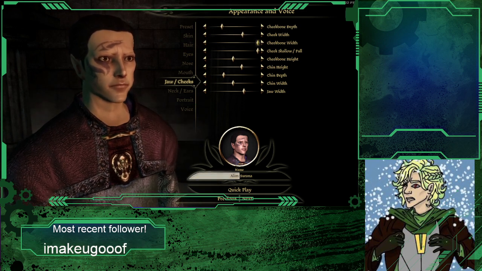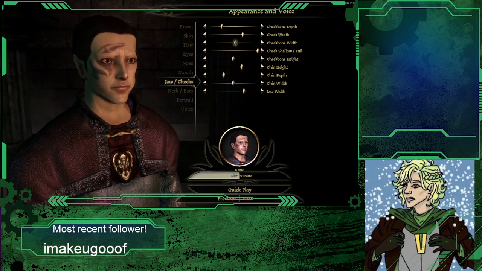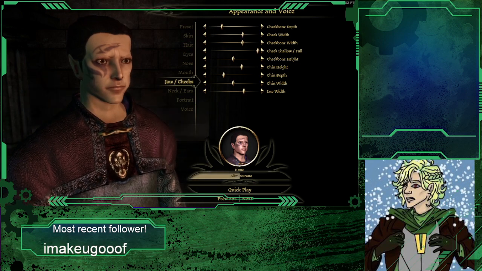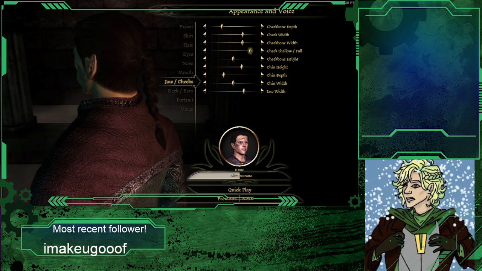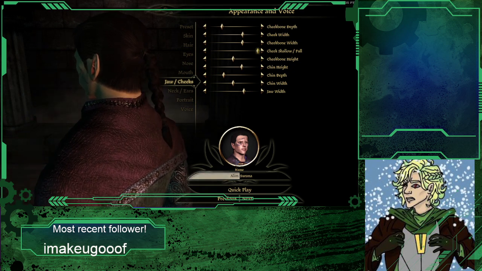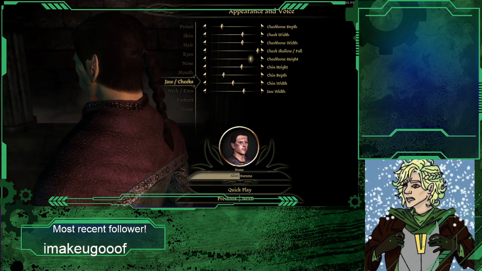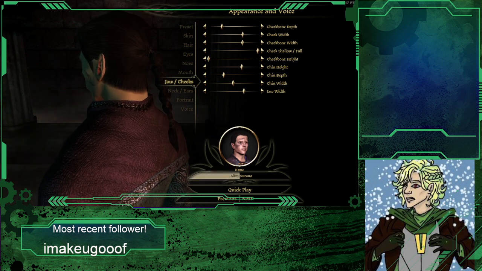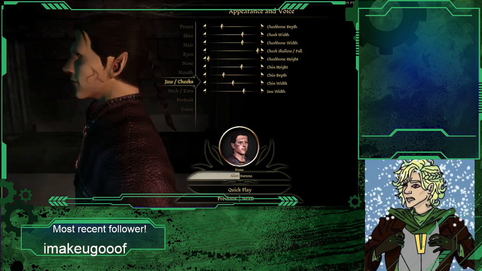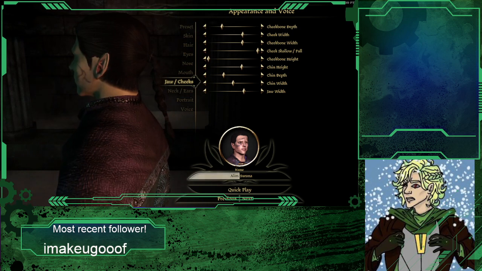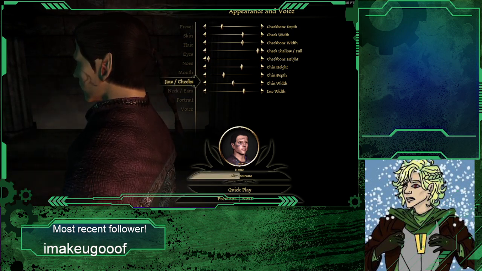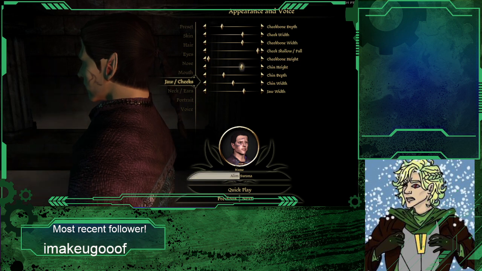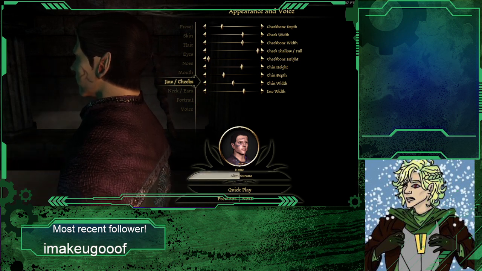Cheekbone width. Can I do something? Ooh. Cheekbone height. Gosh, now that I don't have that one piece in the middle part, it's not going to look right. And this is all my chin, of course, right?